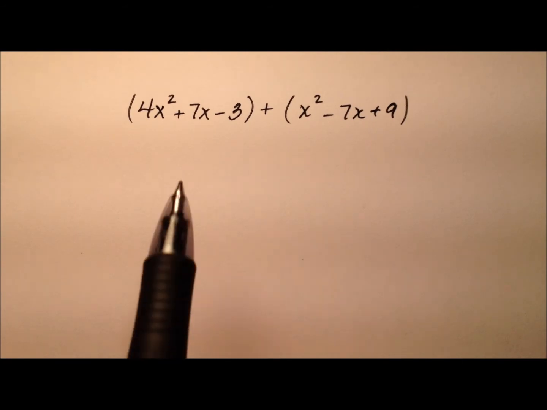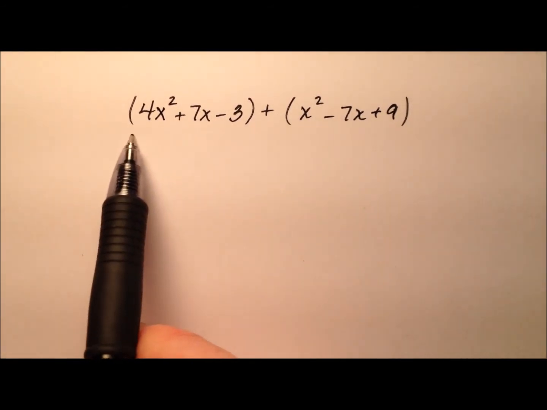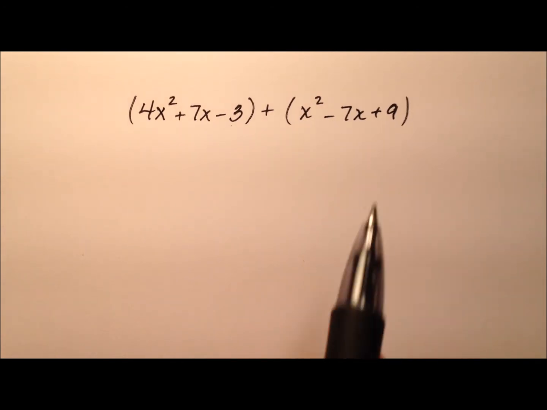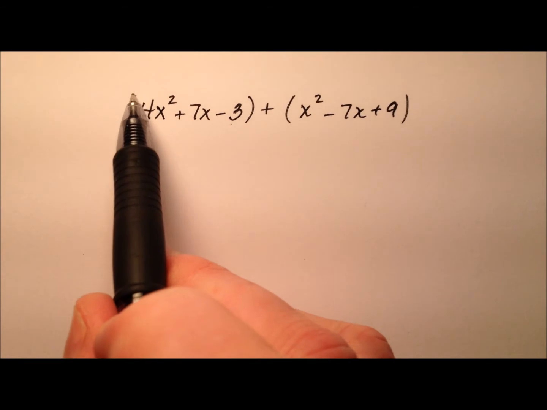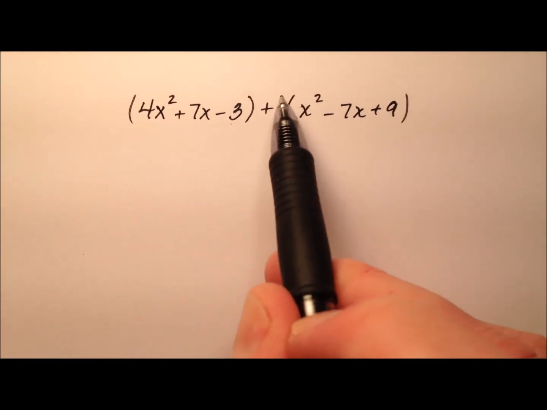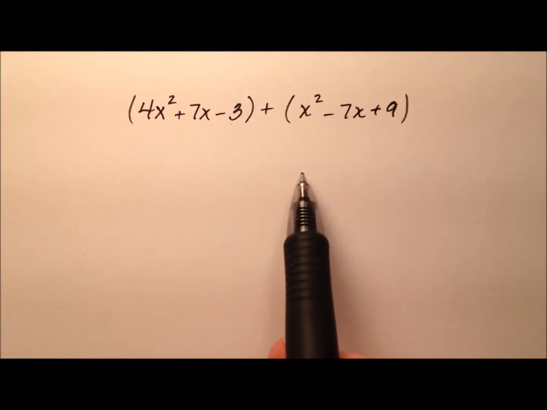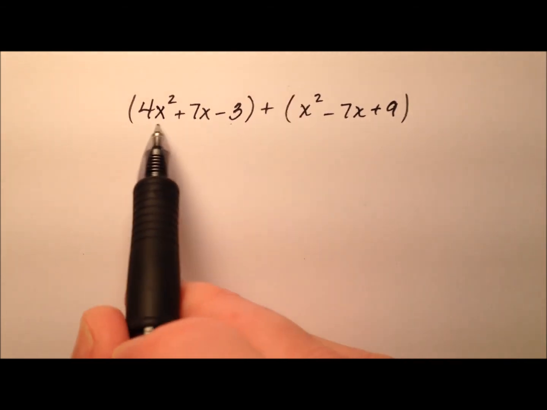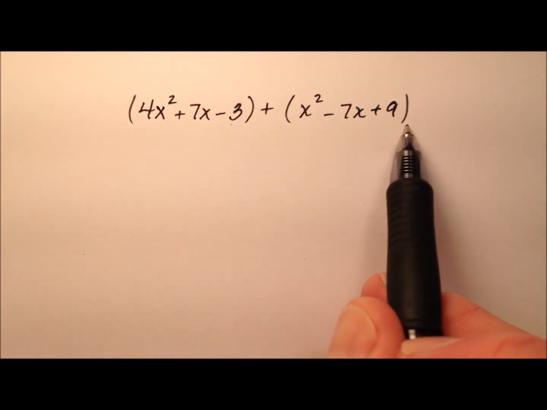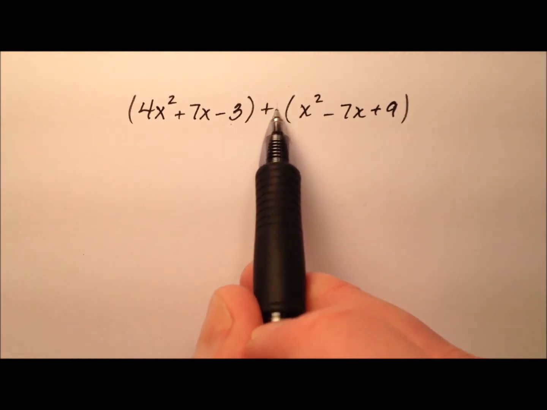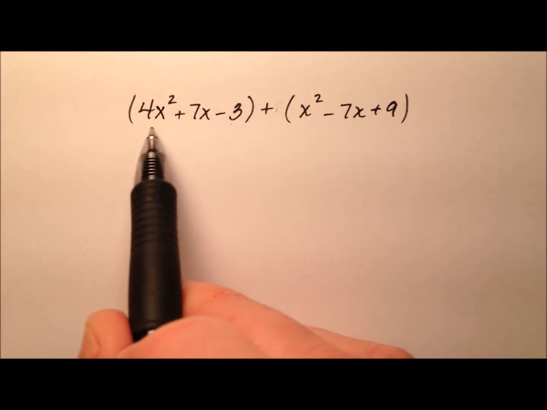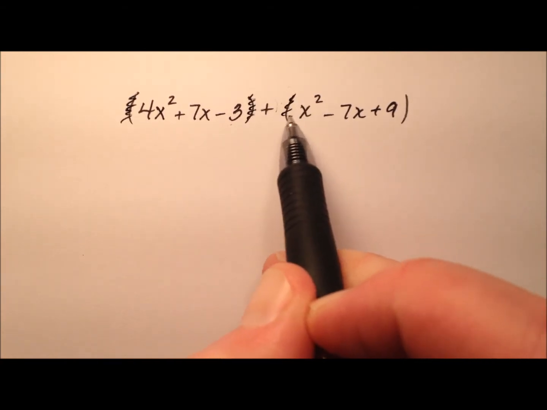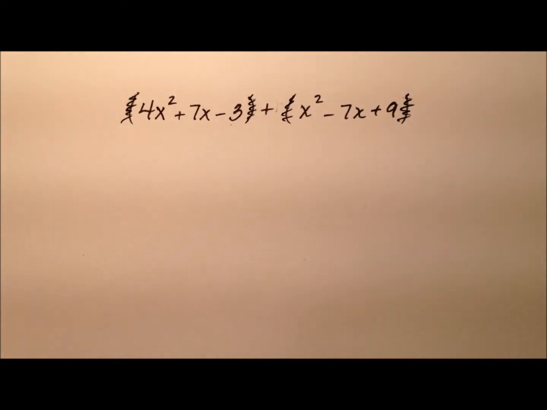In this example, it looks like we have this first polynomial. It is going to be a quadratic trinomial, and we're going to add to it another quadratic trinomial. Okay, so typically when we see parentheses, we kind of want to distribute something into those parentheses, except out front of the second pair is just a plus sign. So one thing that's nice about adding polynomials is if you're just adding right here, you're not distributing any numbers or anything, you can just lose the parentheses. So I'm going to go ahead and just scratch these out,